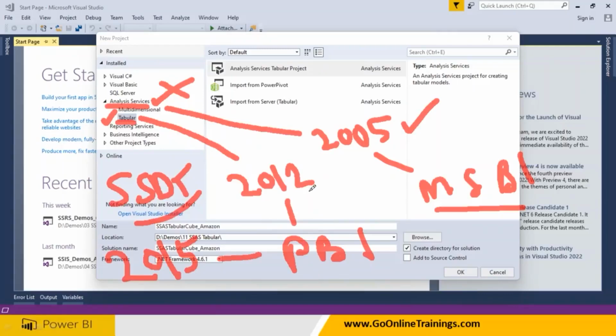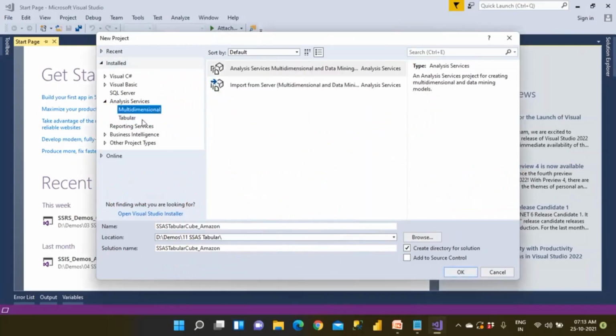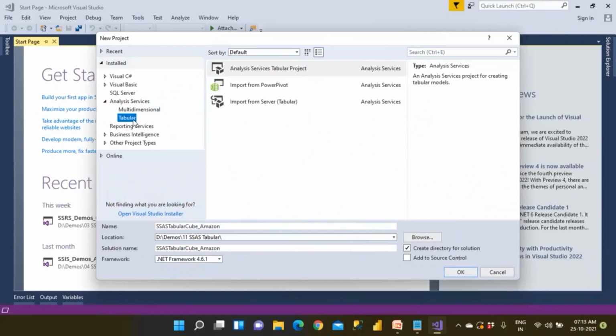The question is, sir, if I use Power BI, can I also get multi-dimensional? Why not? Power BI can take any data, multi-dimensional data or tabular model data, anything. But Power BI means you have a smaller amount of data, because Power BI will have only 10 GB of data. When you have a smaller amount of data, you need not go in for a multi-dimensional cube; it is better to go in for the tabular model cube.